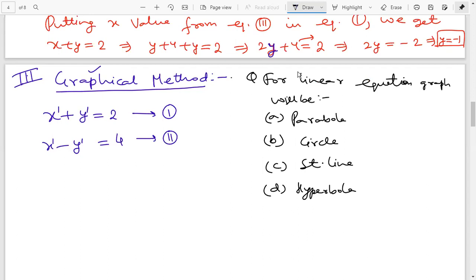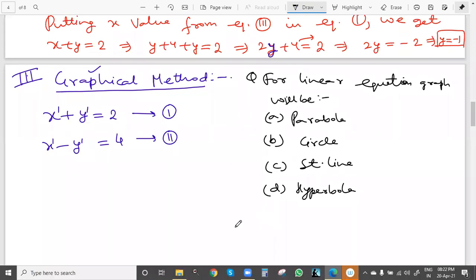So what is the answer? Which option will be the correct one? Everyone will reply. You can reply in chat or directly you can speak. The graph of a linear equation is...